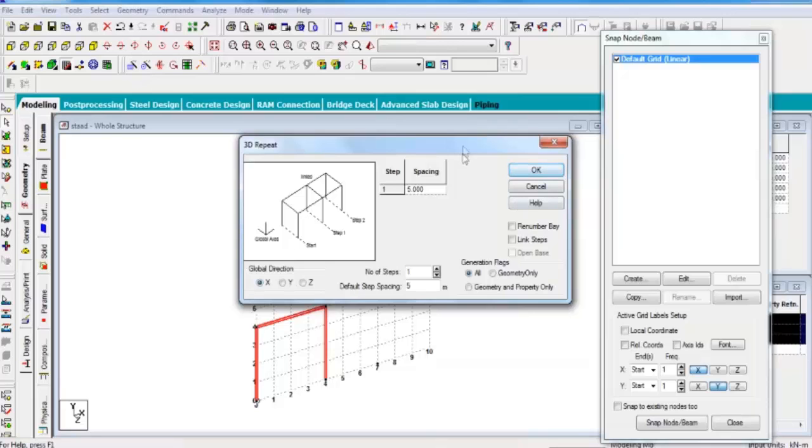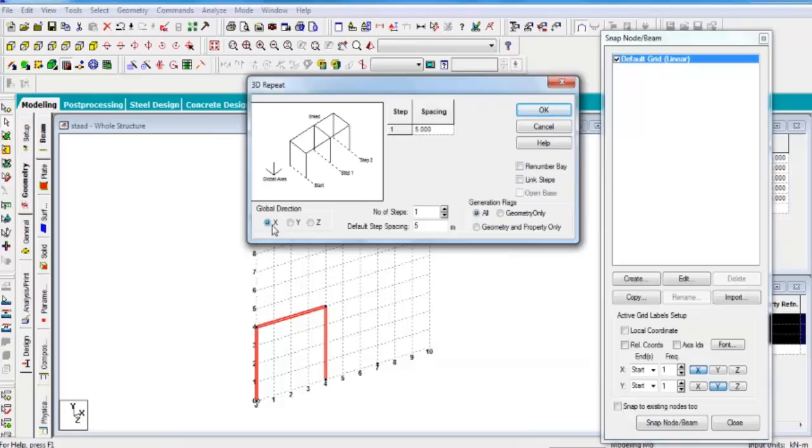Firstly, you see this: global direction X, global direction Y and global direction Z. Where you want a copy, click on the direction axis button. Like I want to copy in Z direction, then the number of steps, the number of copies, and spacing.